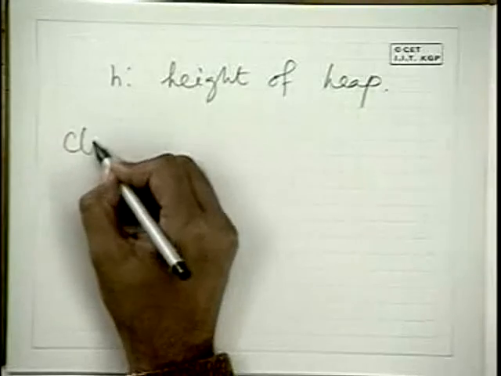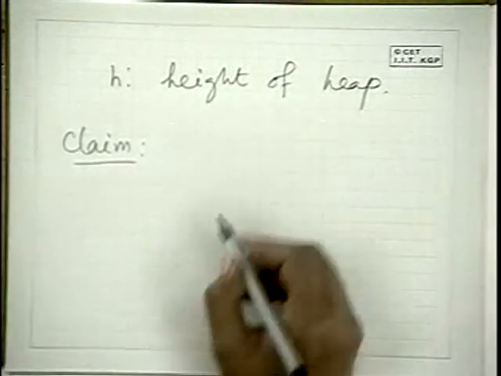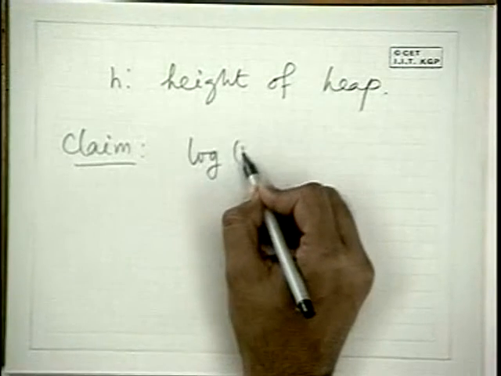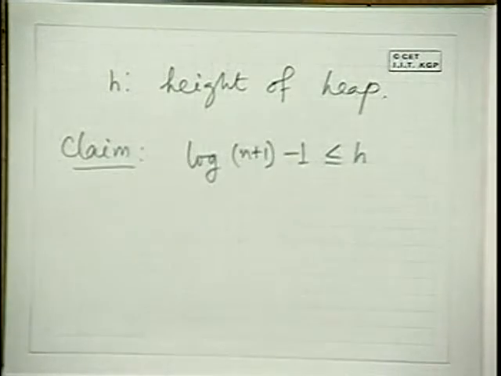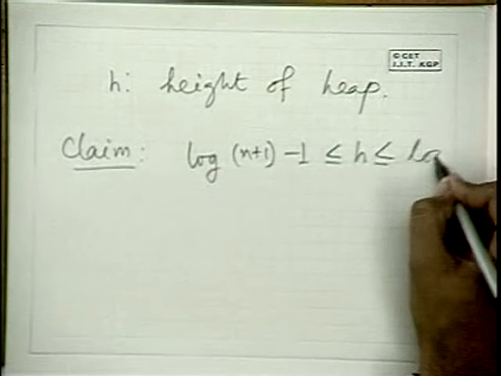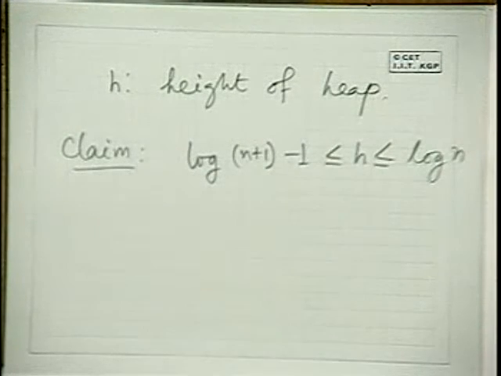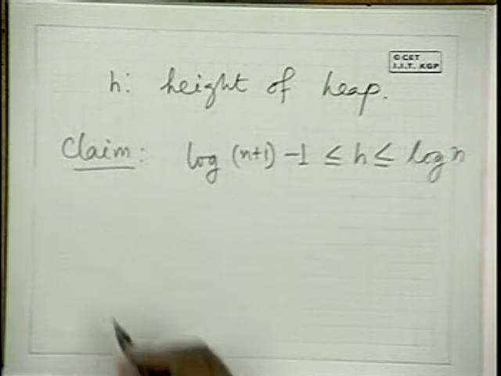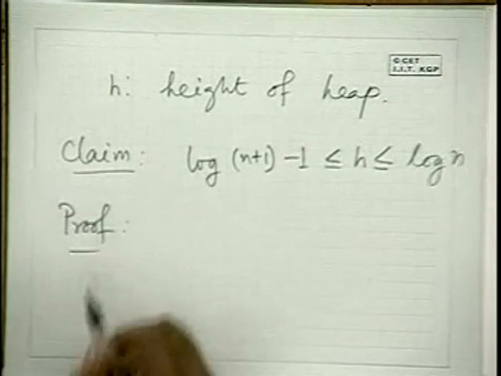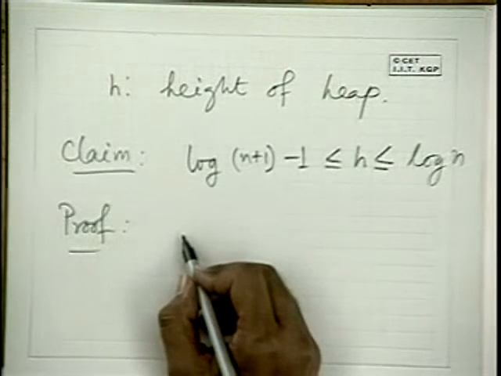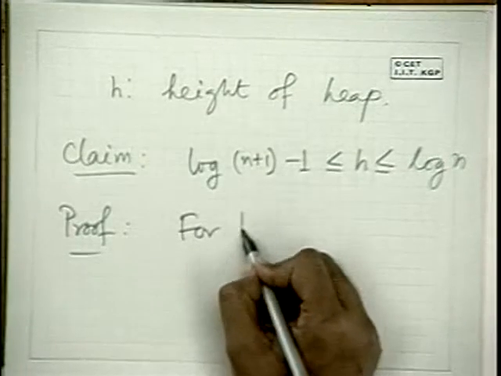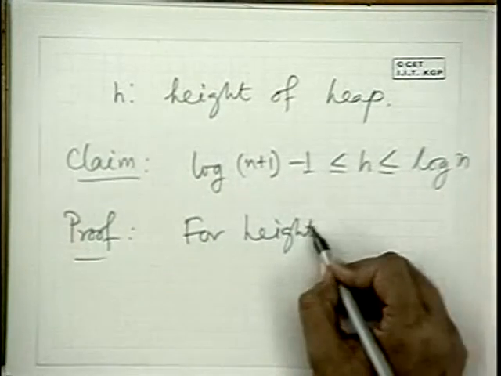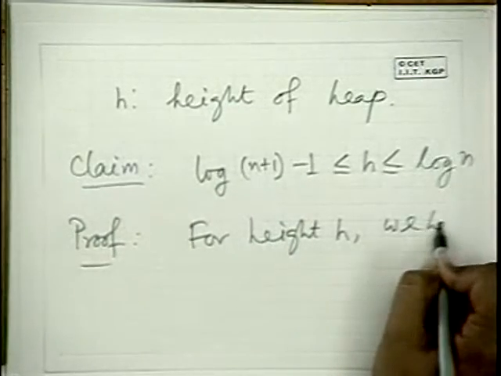So let's see what is the height of a heap. Our claim is: log of (n plus 1) minus 1, where this log is base 2, is less than or equal to h, which is less than or equal to log n. Okay, so this is the condition on height. Okay, what is the proof? So proof for this one, for height h we have